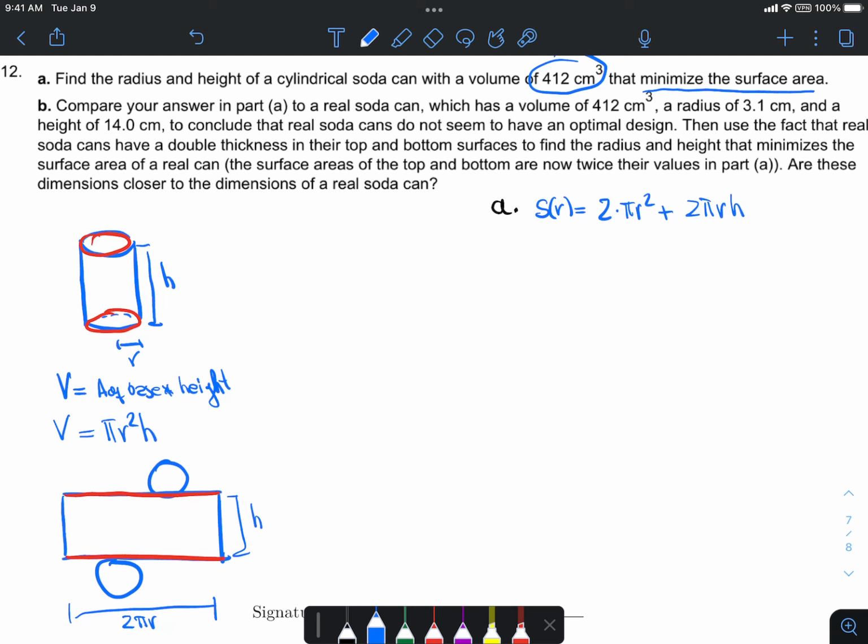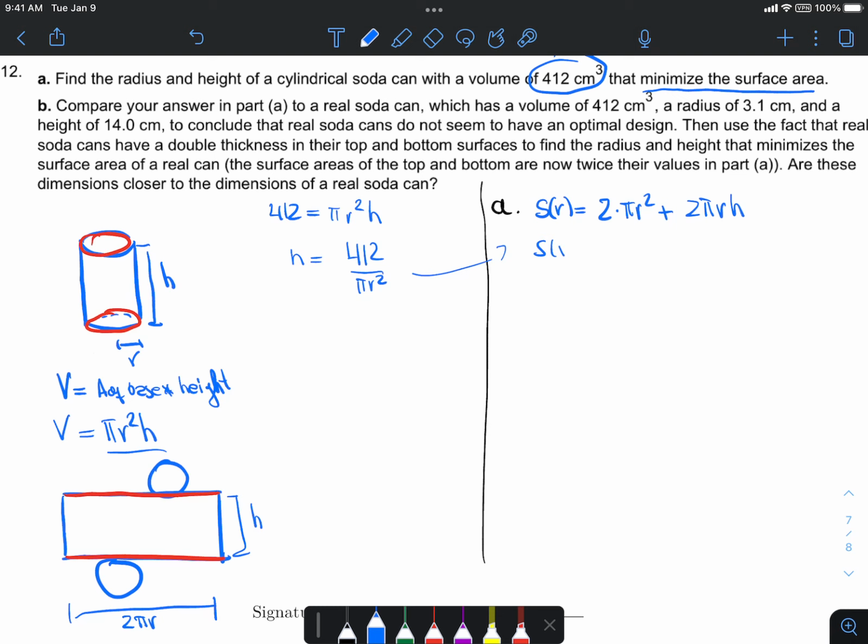I use the volume. I was told that the volume is 412. So that means 412 is pi r squared h. I can say h equals 412 over pi r squared. So I could replace that there